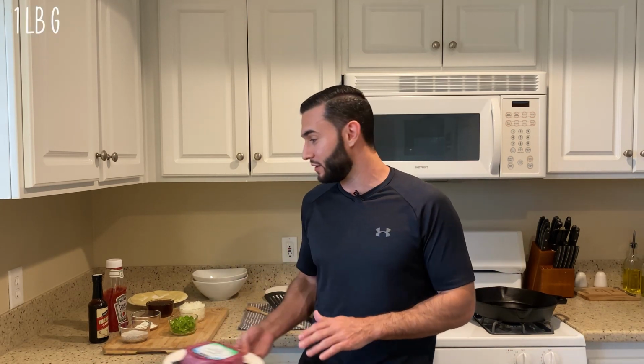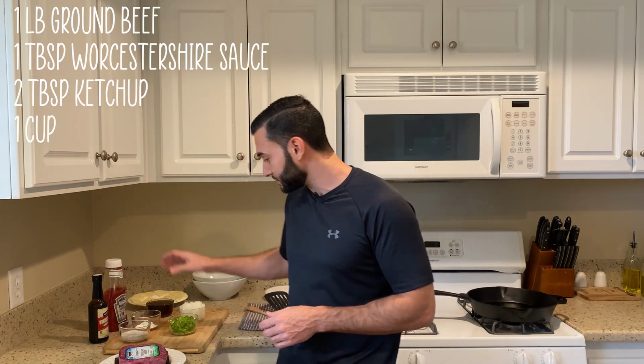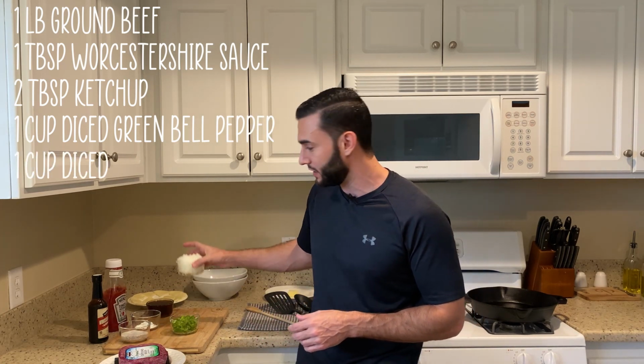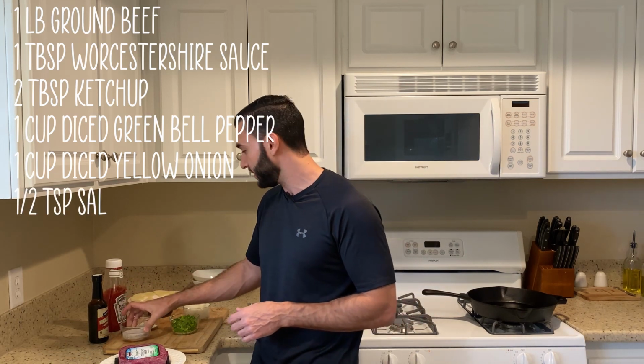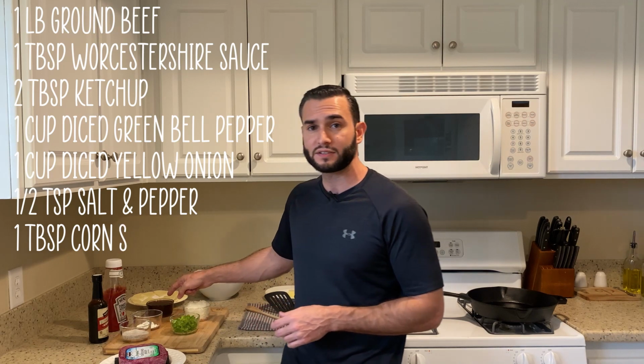You'll need a pound of ground beef, 1 tablespoon of Worcestershire sauce, or however the heck you pronounce that. A couple tablespoons of ketchup, 1 cup of diced green bell peppers, 1 cup of diced yellow onions. We've got a heaping cup here. Some salt and pepper, about a half a teaspoon of each, 1 tablespoon of cornstarch, and 8 ounces of beef